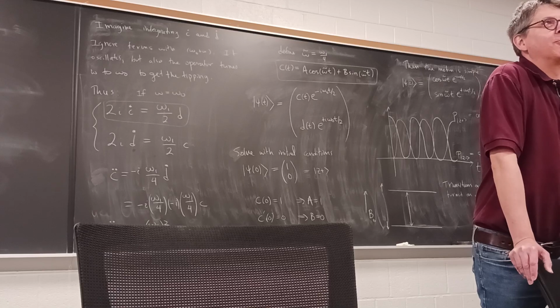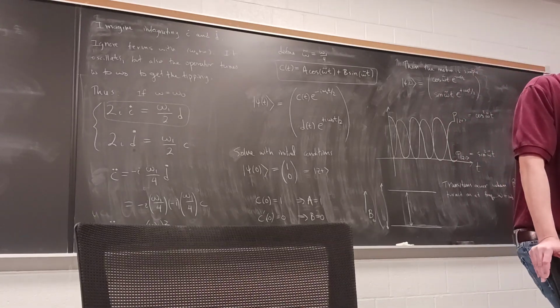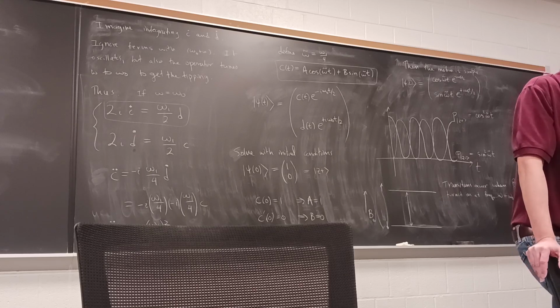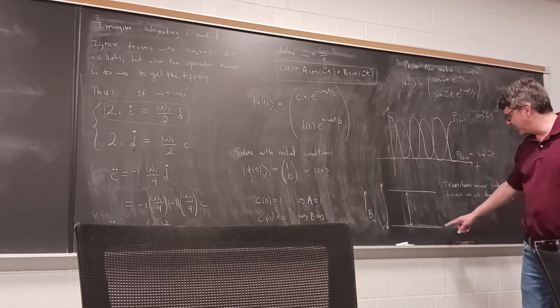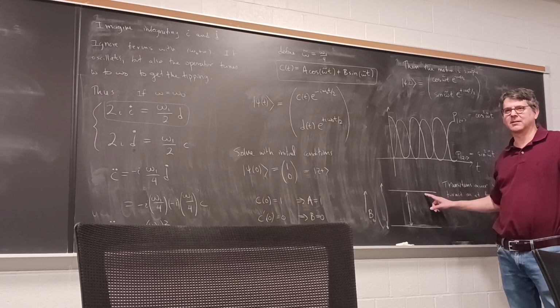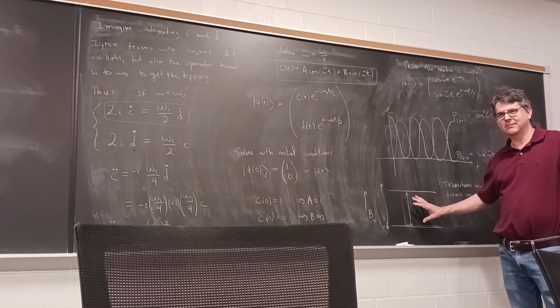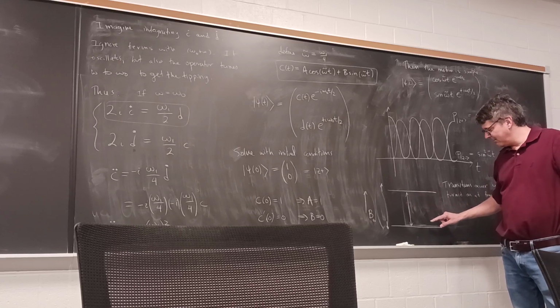I think that's a hard one to answer. I think it has to do with photons being emitted when you jump from one state to the other. So when it's relaxing, there's going to be photons in the cavity. And when the numbers are large enough,